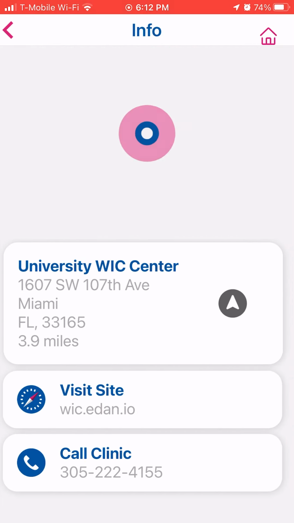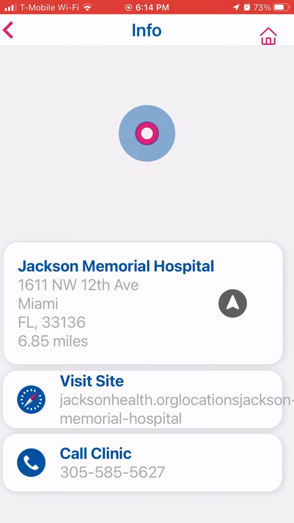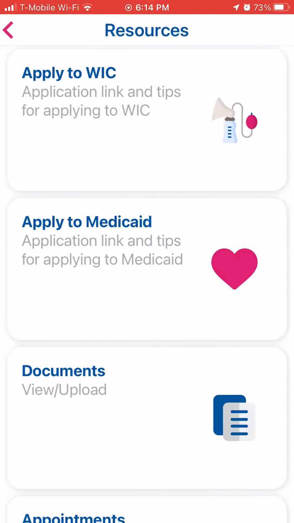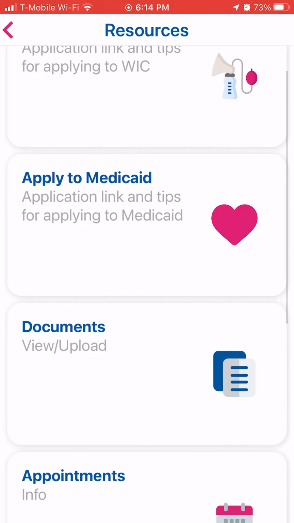And then here are locations where you can apply to Medicaid. Again, it takes a while to load, but once it does, you'll have access to all of these locations, and you'll be able to learn more about the specific location. For demonstration purposes, I'm not going to wait for that map to load, but it works identically to the WIC map. Then you have here a documents upload